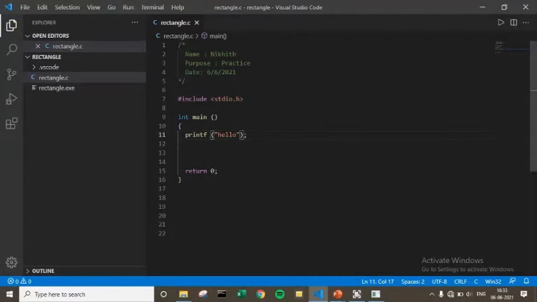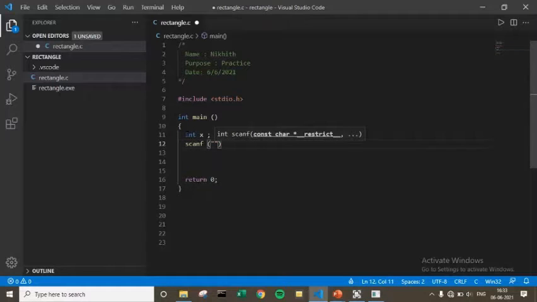So here you might not understand some of the code, but don't worry, after the completion of the video you will understand everything I wrote here. So don't worry guys, that's it. So let's create a variable called x, and let's do some scanf. %d, okay, ampersand, the name of the variable x.